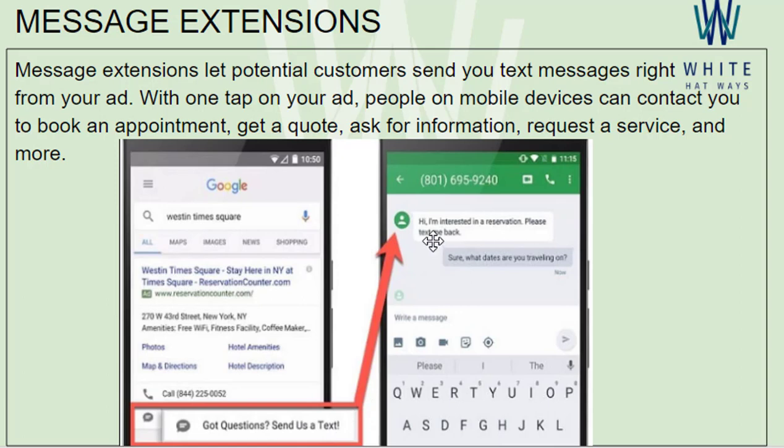Over there, this would appear as the first message, and this is going to be the message text, which is, "Hi, I am interested in a reservation, please text me back." So this is the message that has been set by the advertiser. However, it is appearing in the inbox of the advertiser as well as the buyer as a text from the buyer's end. So with this, we end this session.